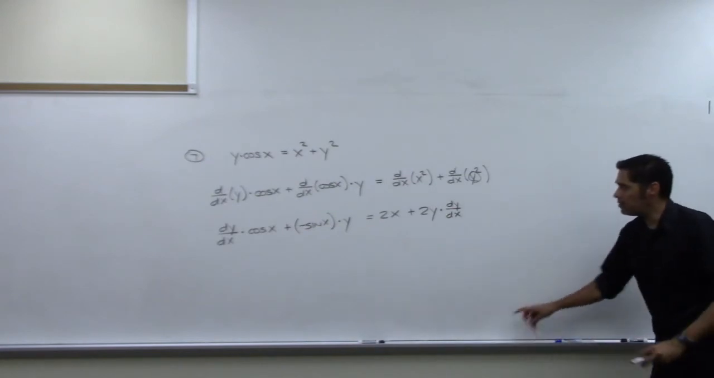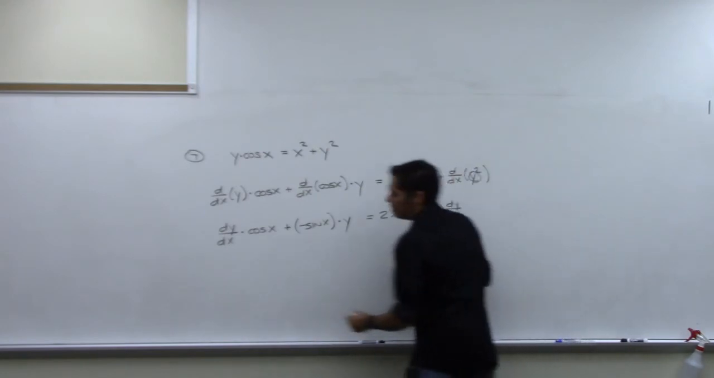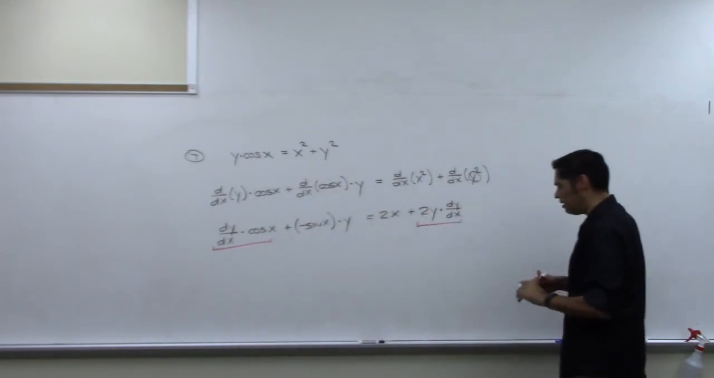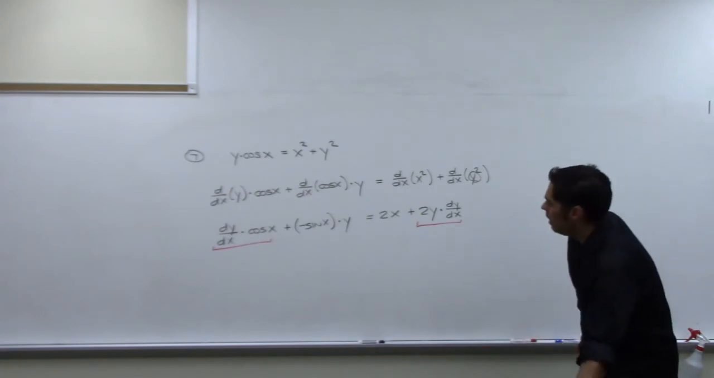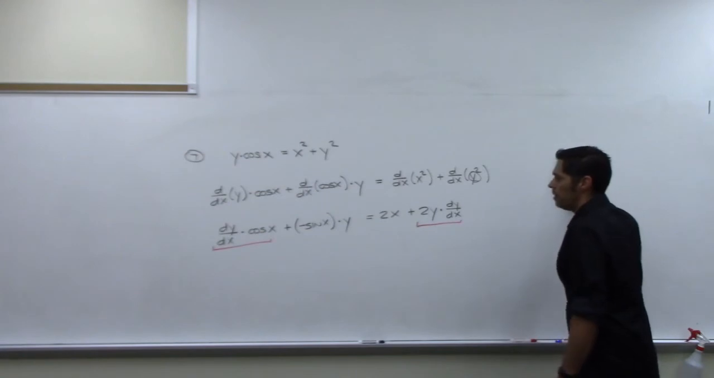And so now you can see that I have a dy dx in this term, I have a dy dx in this term, and I need both of those on the same side of the equation and everything else on the other side. So what I'll do is